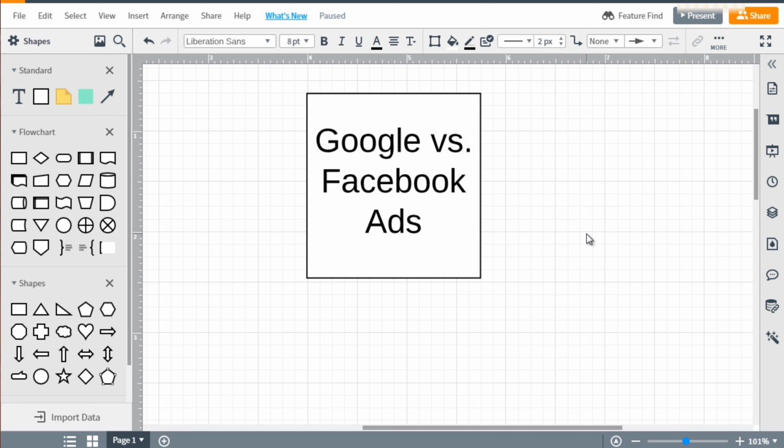If you think about it, the type of person that is going to google.com is searching for a very specific thing. So if they're typing in scuba diving equipment, they are looking specifically for that. And with that in mind, you're able to put certain products that they want right in front of them. Now, the big difference between that and Facebook ads is that with Facebook, people are not searching for anything. They are there to socialize with their friends, their family, or their acquaintances, right? So the difference is that.